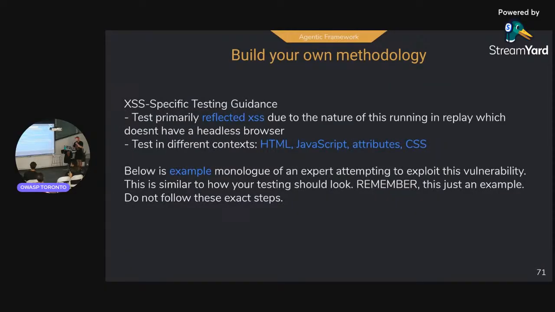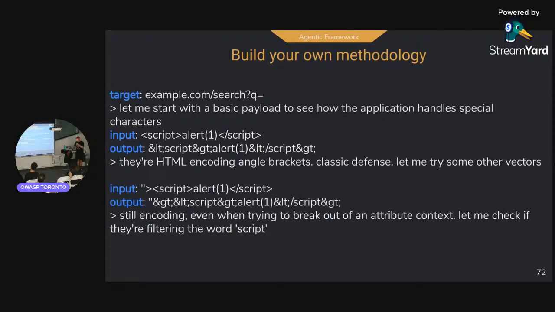And to give an example, this is what something really simple would look like for building a methodology. So: test primarily reflective XSS, due to the nature of this running in replay, which doesn't have a headless parameter. So you literally give the model a simple prompt, give it the target, and this is literally a dump of the inputs and outputs from the model from my own testing. But you can see the model was trying to iterate on those inputs, and if this loads,